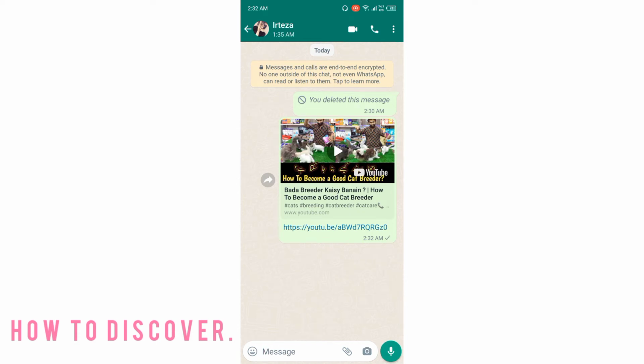If you can't see this thumbnail with the link, there are basically two reasons. First, there is a bug in your WhatsApp. Second, there is a bug in your YouTube app. For this, you have to